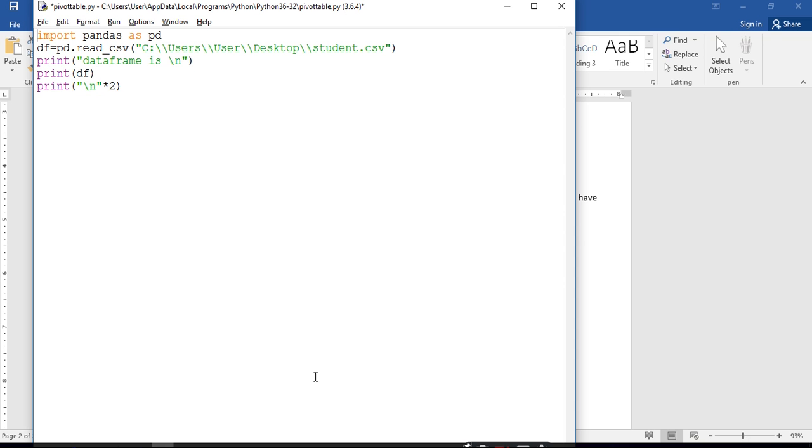Firstly, we have to create a data frame. We use the CSV method, meaning a CSV file is already created in my computer system. I will show you.